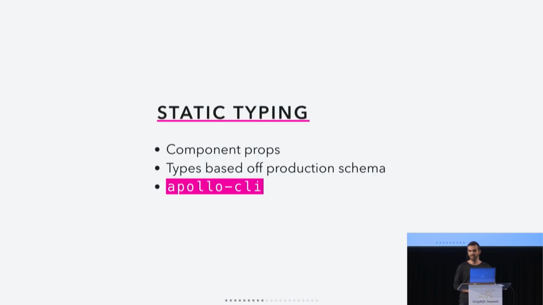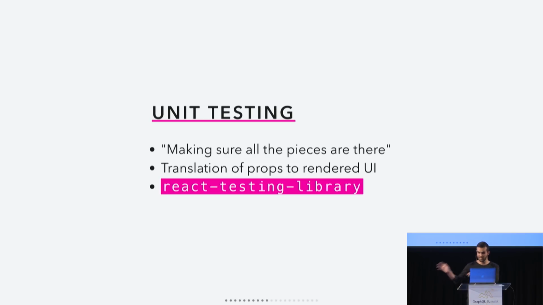The Apollo CLI actually helps with this. If you saw Jeff's talk this morning, he was talking about it, and Adam Neary showed some more automatic type generation. The Apollo CLI really helps with this, especially with your production schemas. You can also have the different versions of your schemas tagged differently for dev or otherwise. It makes this really easy to do. I'll show more examples later on, but for now I'm going to skip straight ahead to unit testing.